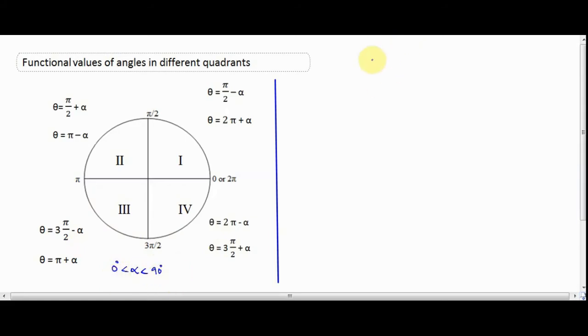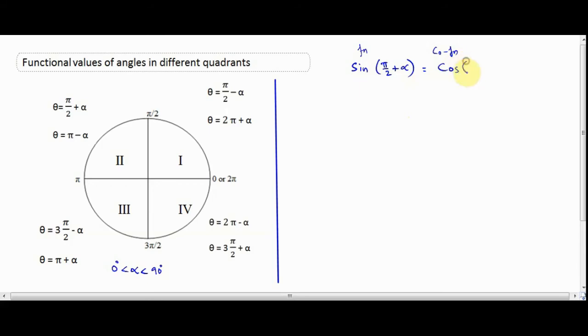Okay, now let's see how to simplify sine of pi by 2 plus alpha. Okay, if you are asked to simplify sine of pi by 2 plus alpha, or if you are asked to find out sine of an angle which is greater than 90 degree, we may solve like this. Here the function what we have is sine. Okay, it has to be replaced with its co-function, because here we are having a multiple of pi by 2. Co-function of sine is nothing but cosine function. So sine has to be replaced with cos.